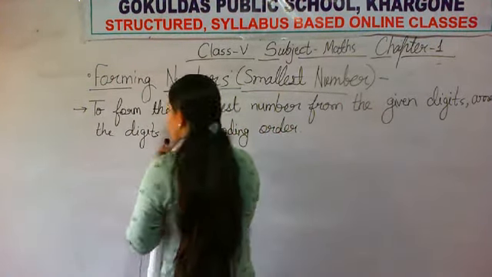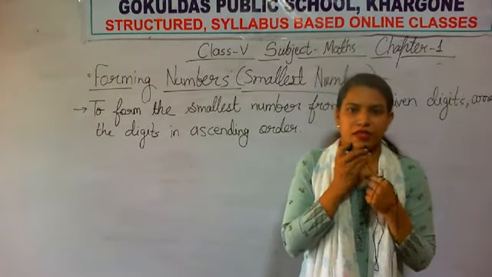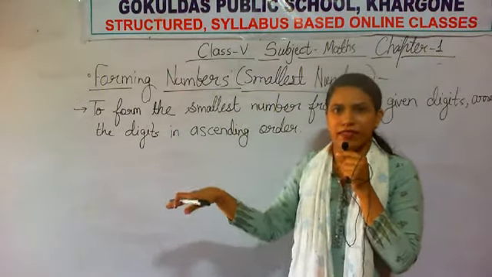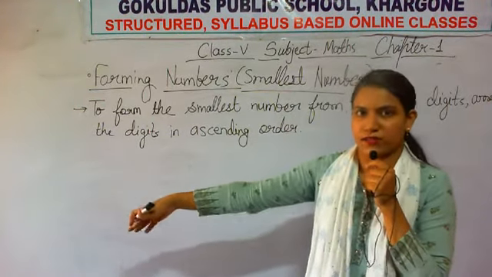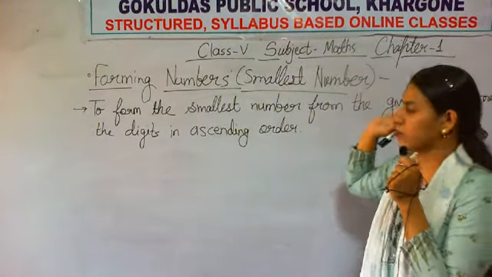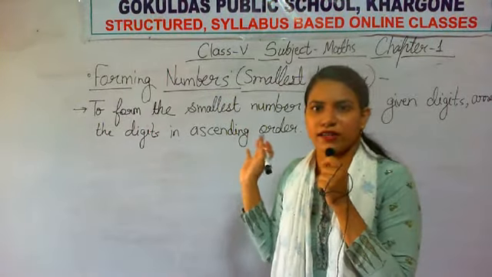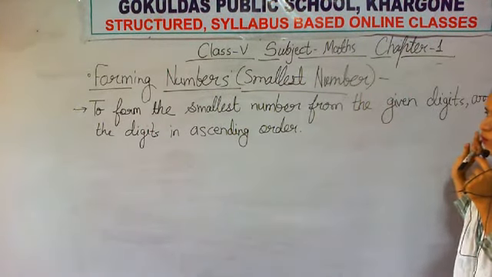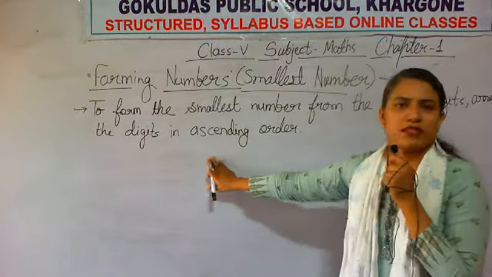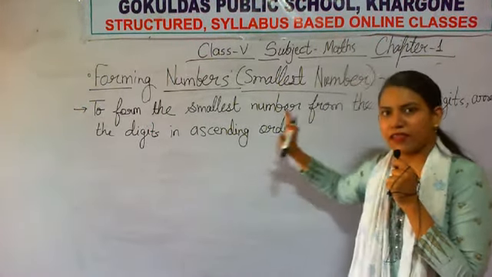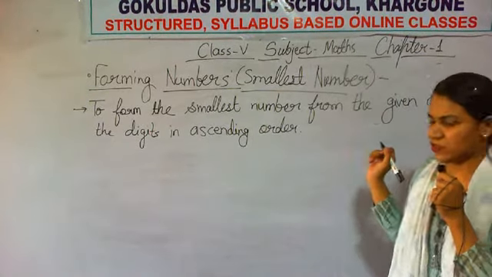What was the ascending order? The ascending order is like when the shortest boy of the class stands first in the row, and the largest or the tallest boy or girl stands in the last position. So in ascending order, how do you arrange the numbers? You arrange the smallest number first and the largest at last.